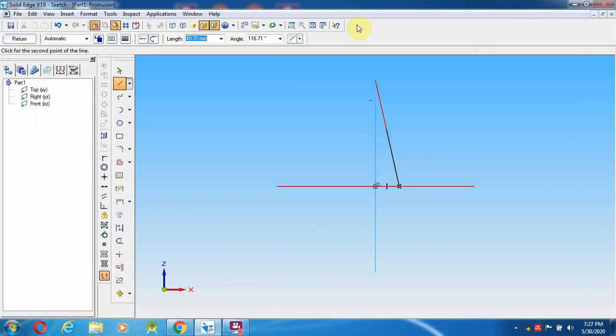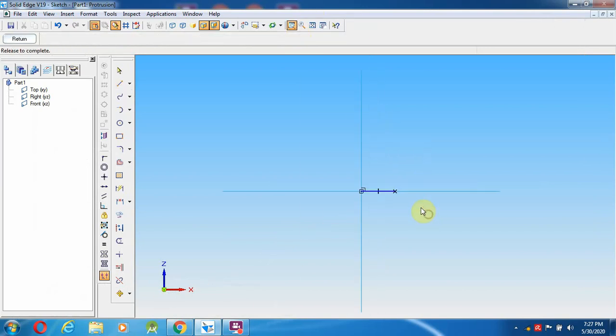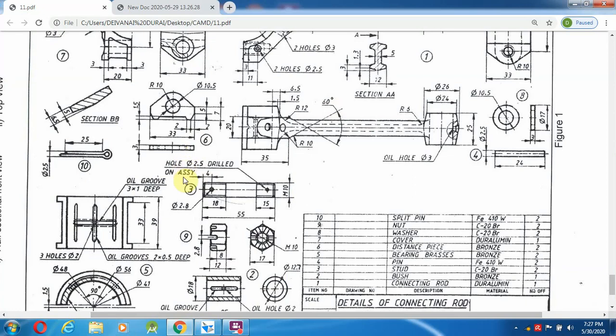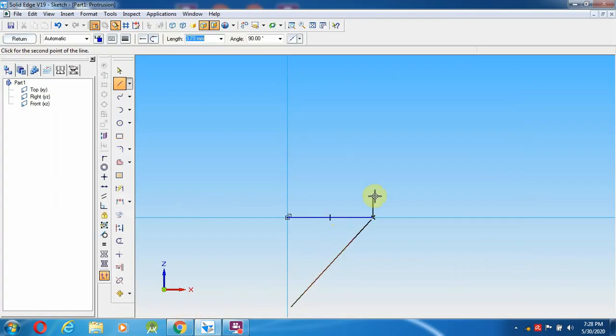Then again from here to 14.5, 2 mm wide and height 5 mm. So 2 mm on this side, height is 5 mm, going to join with this line. So this is the thing to be created over here.